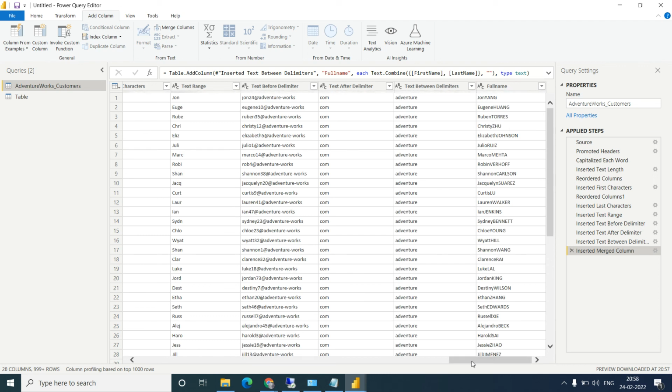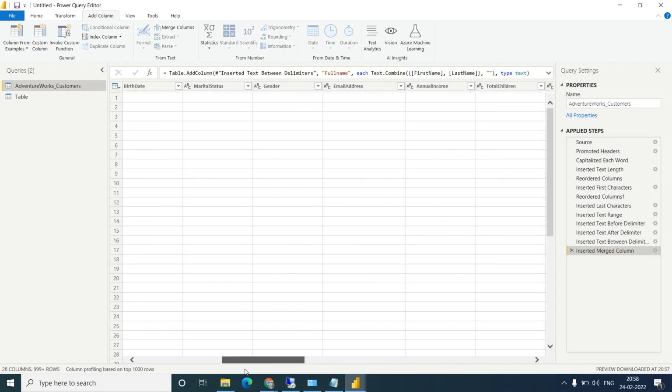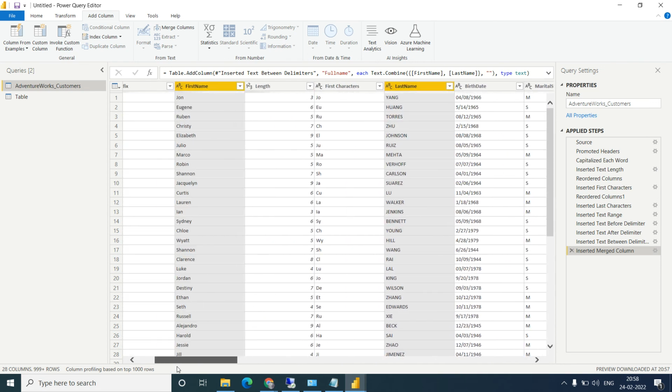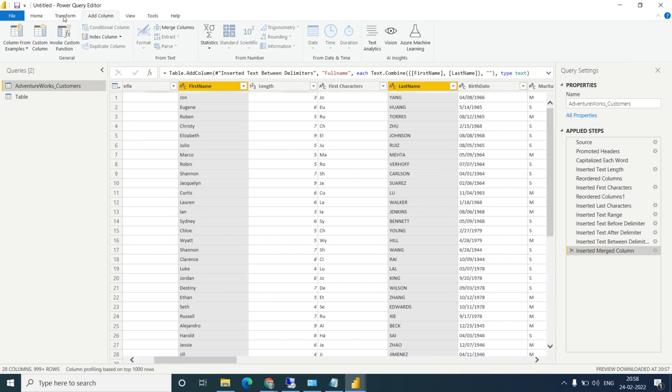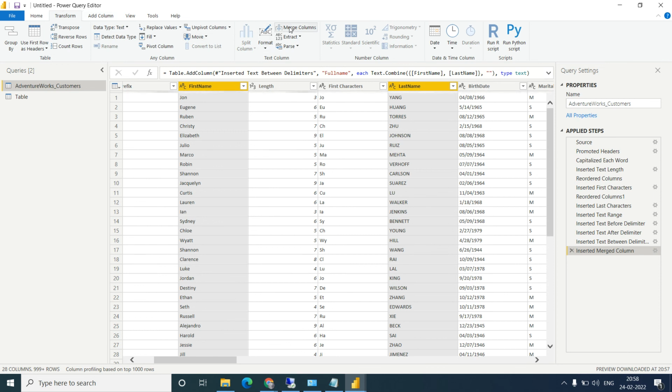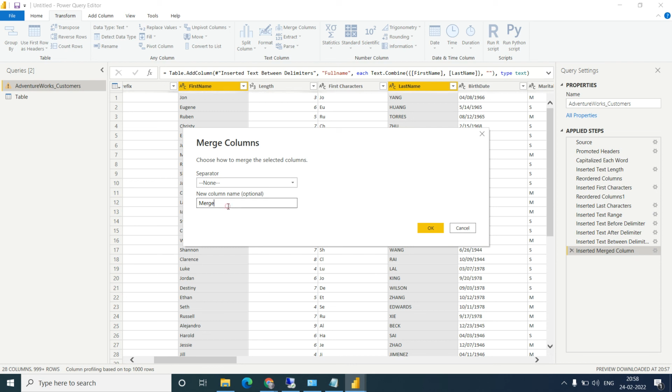But if you do the same thing in the transform, what will you get? Click on the merge now in transform. Okay, and click on the full name.